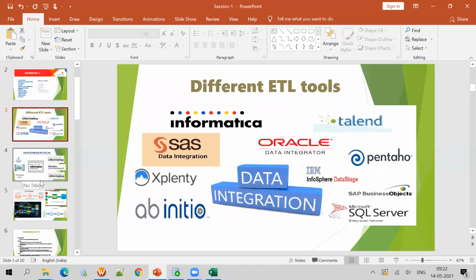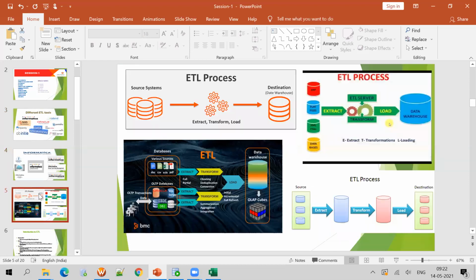So what is a data warehouse? What are the things that will be in the data warehouse? What are the tables and schemas, and what tables will the data warehouse have? That will be covered in the next sessions. So think that our destination is now a data warehouse, or a database stored in the data warehouse.